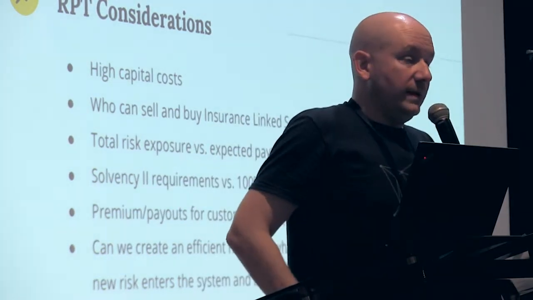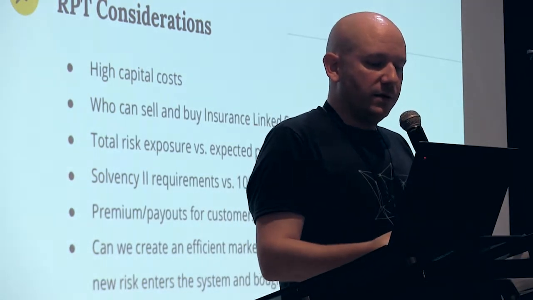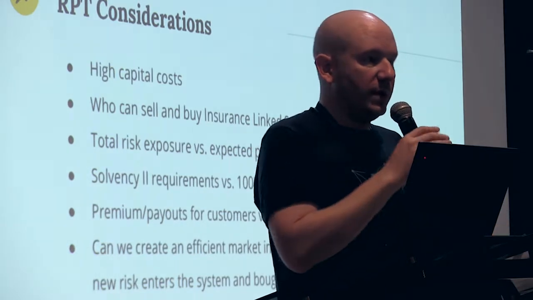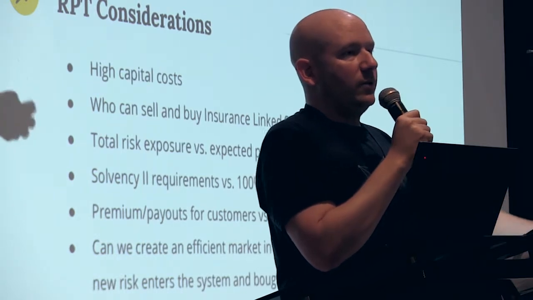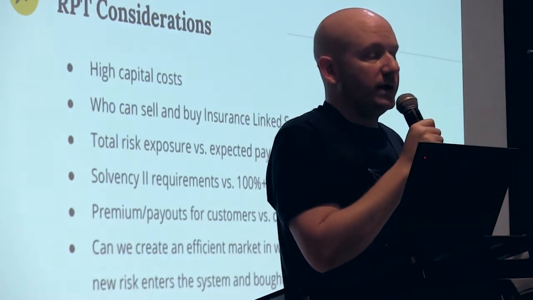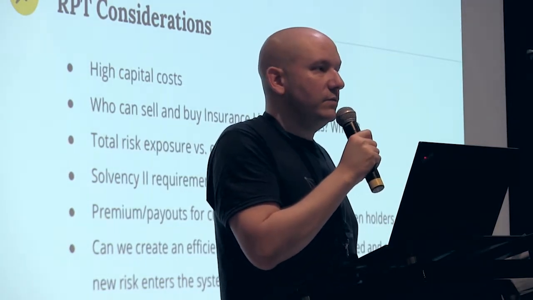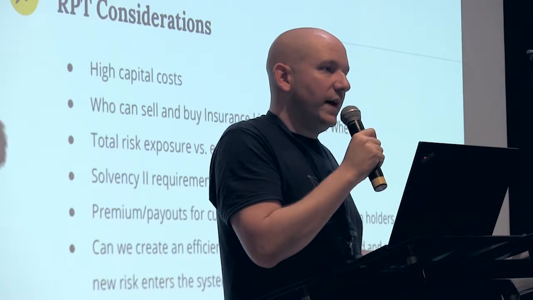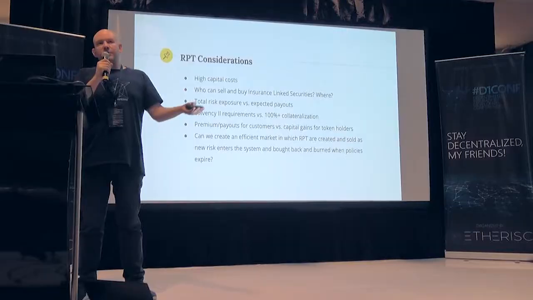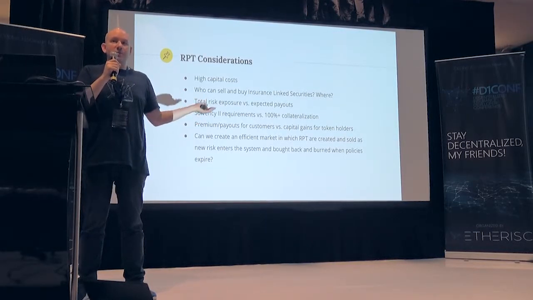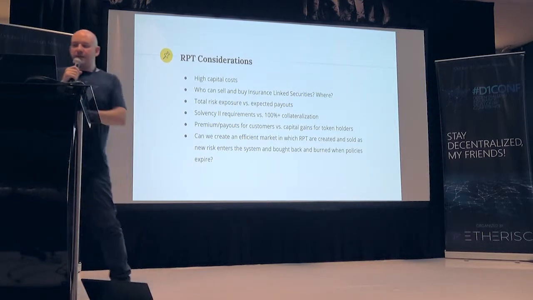And then in the end, it's also very important to find out how to balance the premiums versus payouts. How much of the capital gains do you want to give to the investors? How much do you want to use to lower the price of the premiums? So we have a few parameters and configuration options to fine-tune the system and to balance those different incentives. But that's one of the nice things about blockchain insurance. We can start playing around with these systems, and I'm looking forward to seeing this in action.